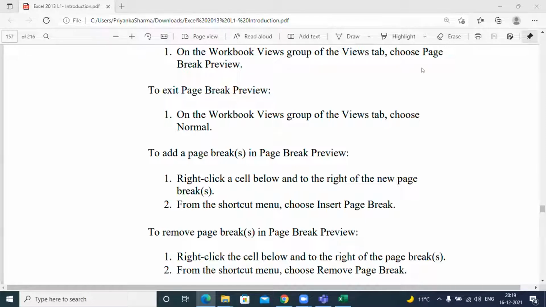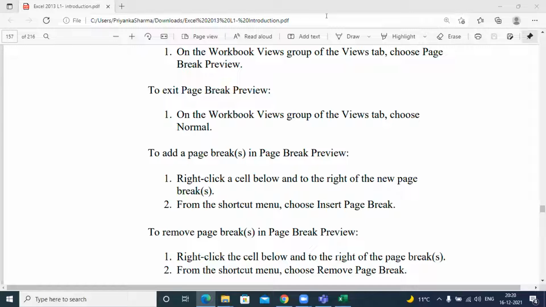Okay, superb. So in the Workbook Views group, in the View tab, go to Page Break Preview. Look for this option quickly. Let me see who can do it quickly. Workbook Views group in the View tab. Done? Okay.